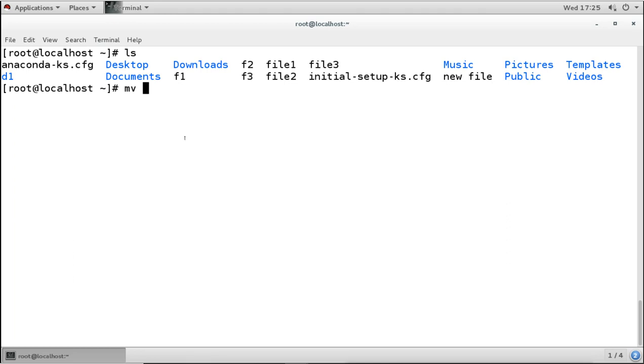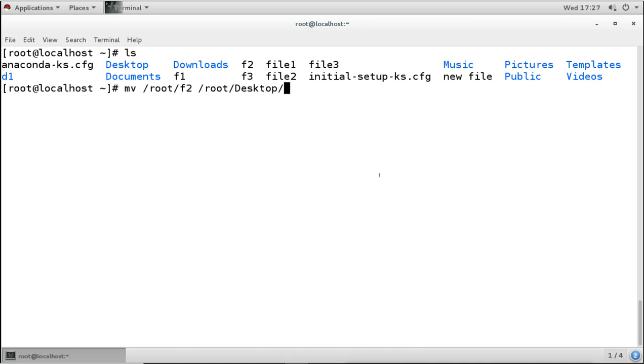So we use mv, then we mention the source. I want to move this file f2, so I mention f2 here, and then the destination. I want to move the file to the desktop, so I will say /root. On the desktop I want to move this file. So the command is move, then the source file, and then the destination path.